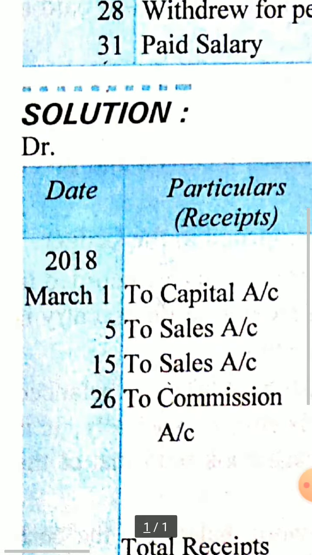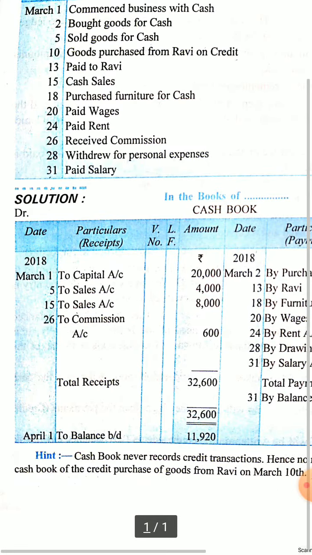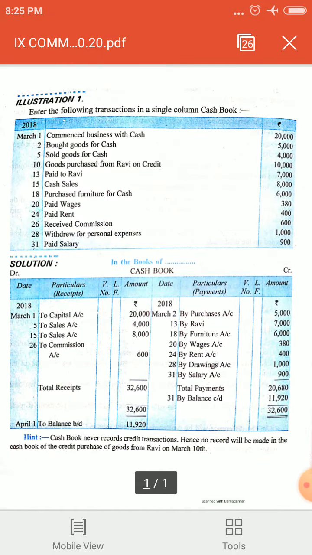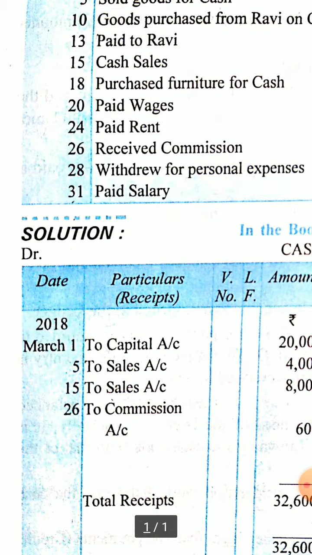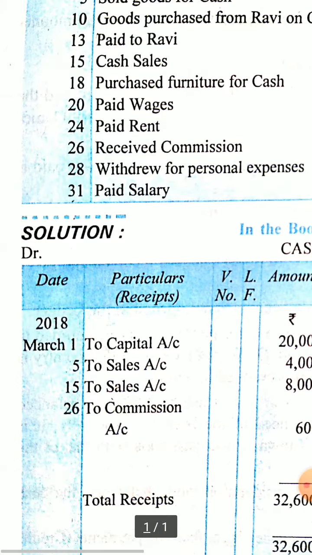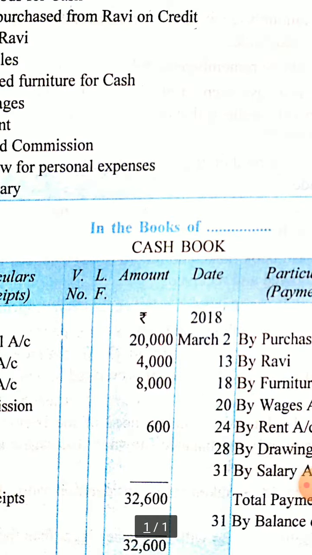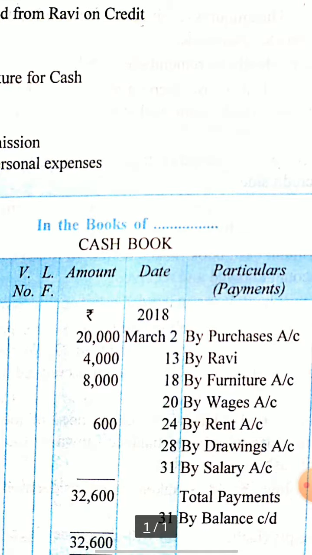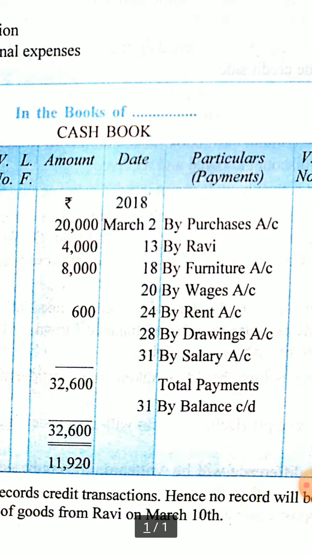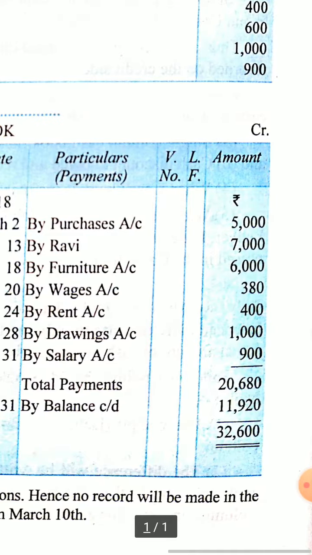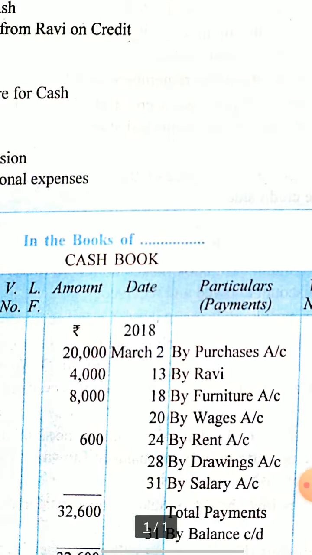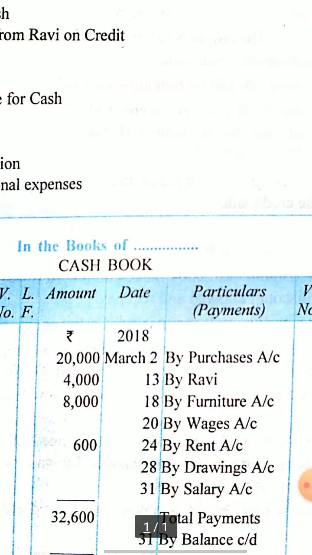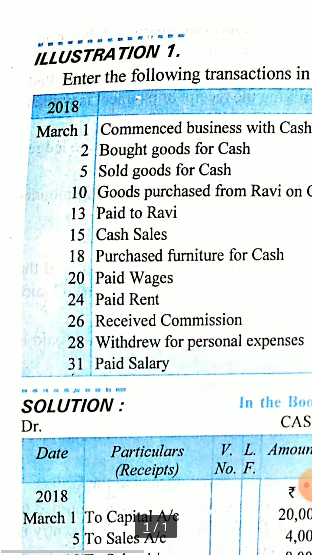Now at first let's see the format of it. It is nothing but the ledger of cash, but the format is a little different from the ledger. You can see here it is a generalized ledger. So date, particulars, voucher number and ledger folio are given instead of JF, which we generally do in case of ledger, and then amount is there. And again, in the credit side, date, particulars, voucher number and LF column is there, and again amount is there.